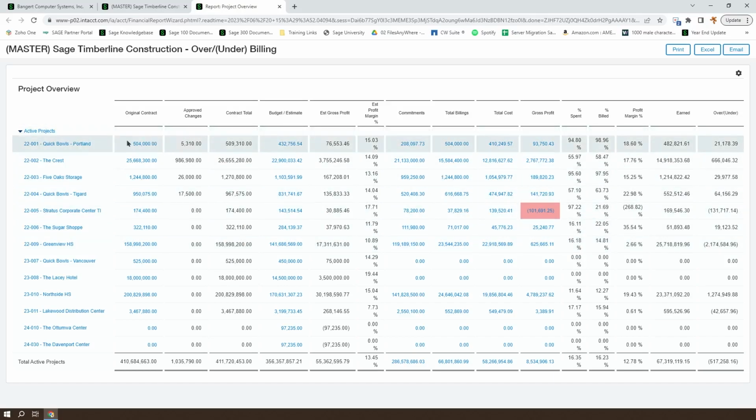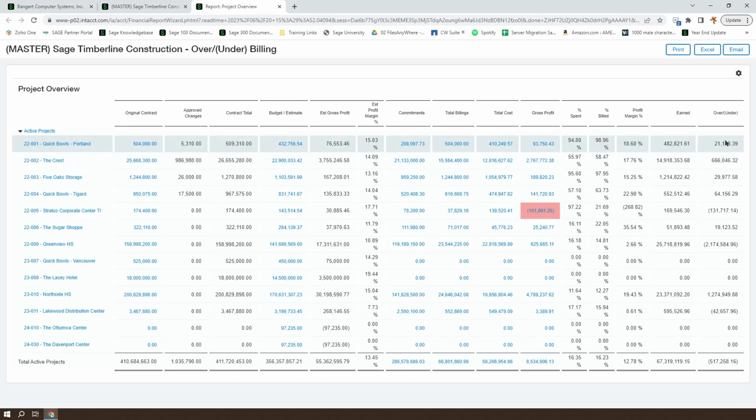So in this case, we have about 95% complete. We've earned 482. We've billed 504. So 504 minus 482 gives us 21,000 overbilled based on percent complete here. We can see we have a percent billed that shows us 98.96%.